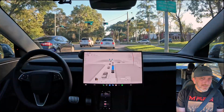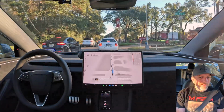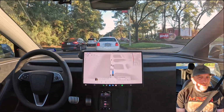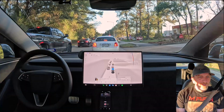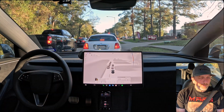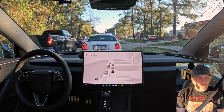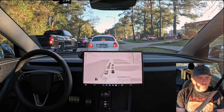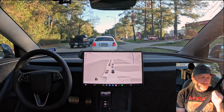So interestingly, about 2 or 3 times already into this drive, it's had a few spots where it's been a little overly cautious. So a couple of, like the 4-way stop where it was 1 to 2 miles per hour too cautious, going about 5 miles per hour slow on that 100-yard stretch, going a little slow into that right turn onto Westlake Houston Parkway, and then just believe me,